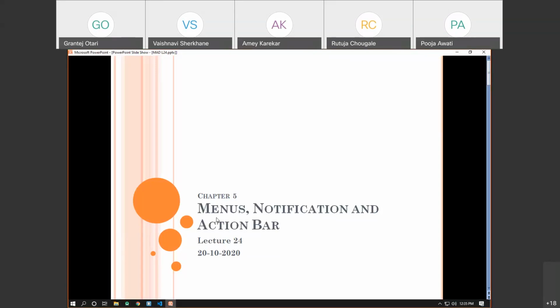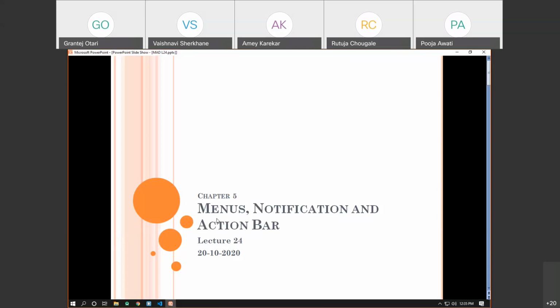As I said, from Oreo onwards, they have created a different style for different kinds of notifications. So we are going to see what the different available styles given by Android Oreo onwards are, how to apply these styles, and for which particular scenario which style can be used. But before that, we'll see how to handle the notification actions.